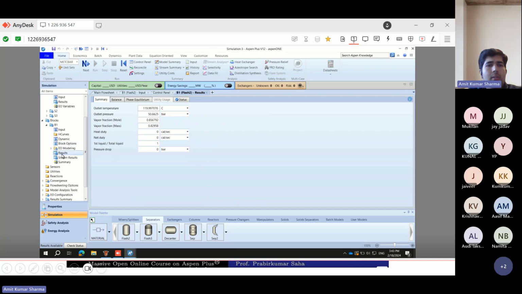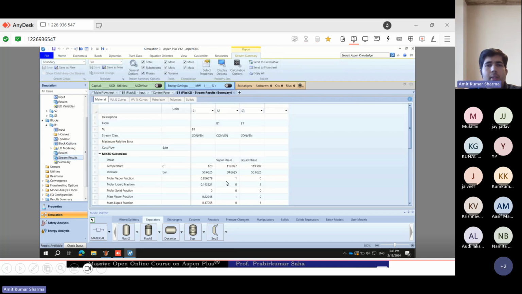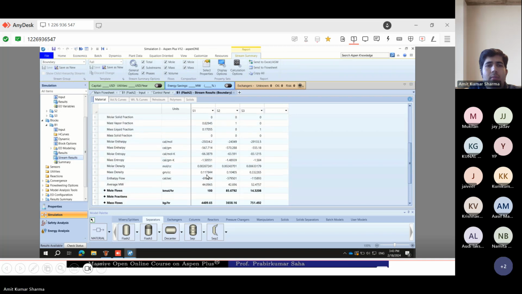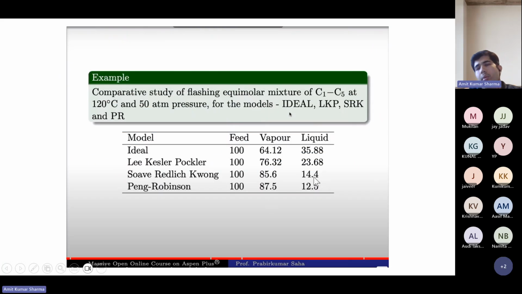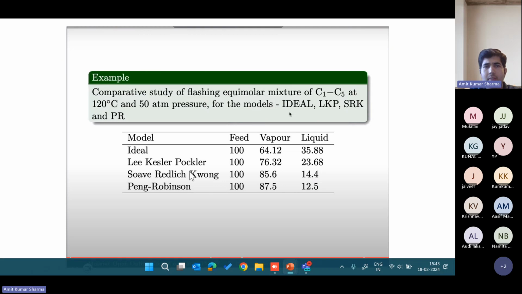Go to the results, then you can see the SRK results. SRK is 85.6 and 14.4, similar to that. So these are the methods. In this way, we can do the things. Is it clear? Any doubt regarding this?